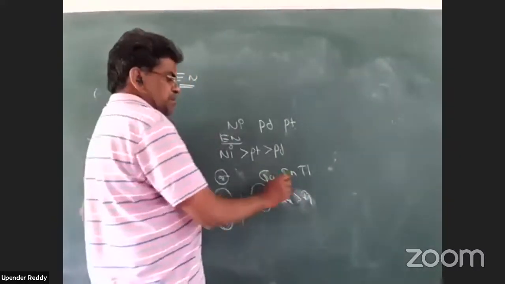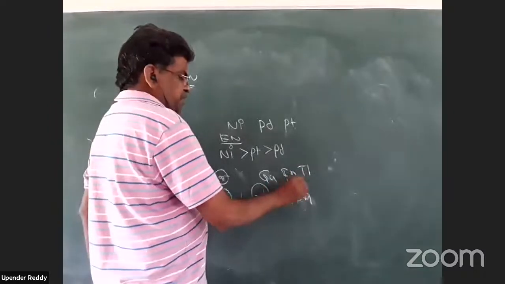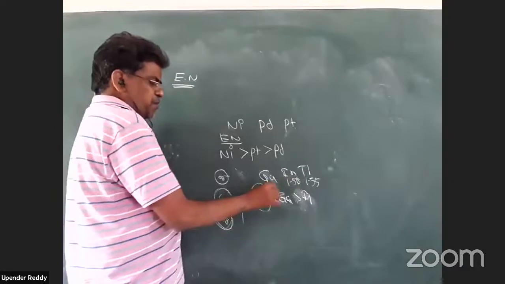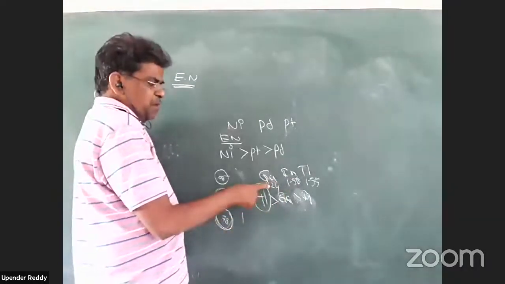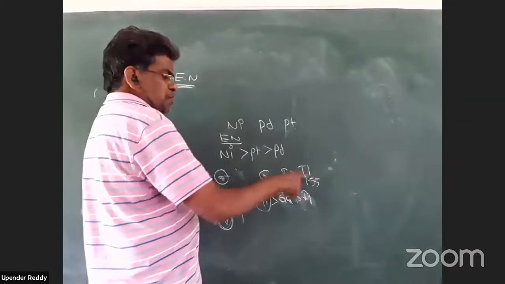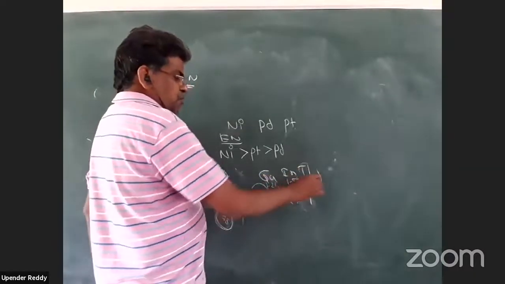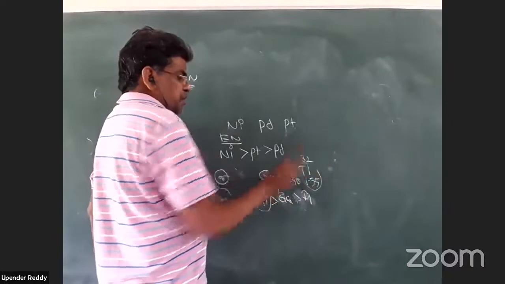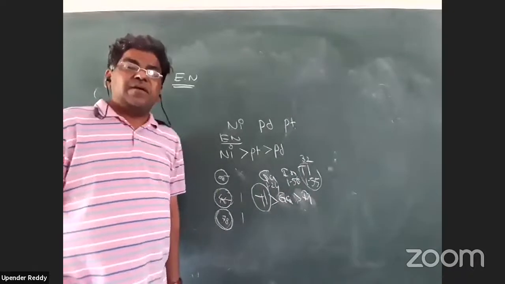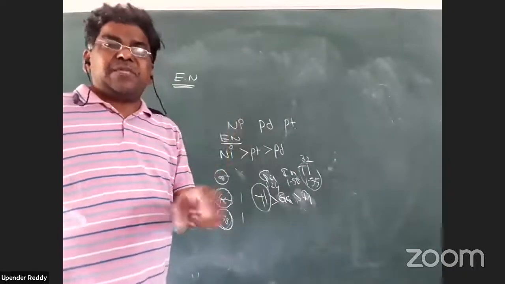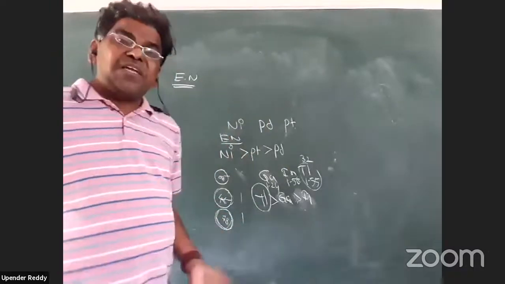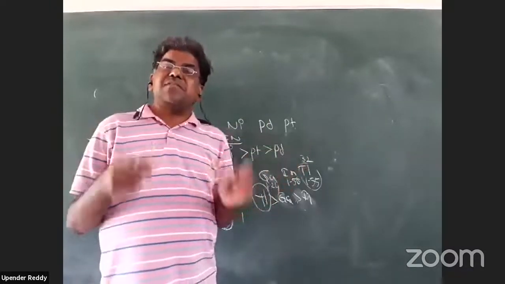Because of lanthanide contraction, its size is 1.55, as I gave yesterday. Indium is 1.24. As size is small, electronegativity is more, and as size is large, it is less. Thallium has almost equal size, but the 32 extra protons add to the electronegativity. It depends only on nucleus power, that is, atomic radius and nucleus power. If atomic radius is small, electronegativity will be more, but if any two atoms have the same size, then you have to think about